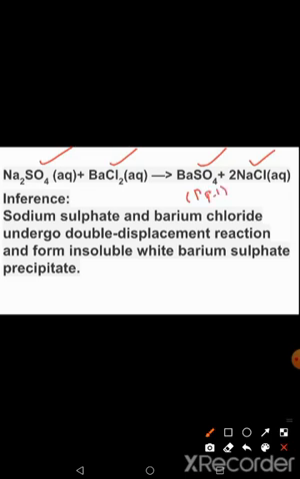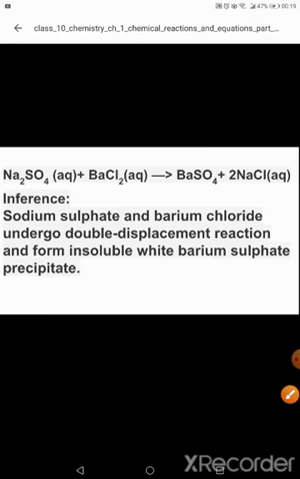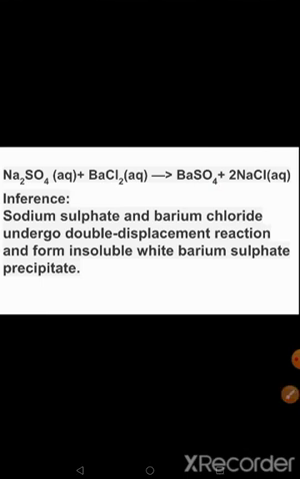Okay. Now sodium sulfate and barium chloride undergo double displacement reaction to form insoluble white barium sulfate precipitate. Whenever a precipitate is formed, you can call it a precipitate or precipitation reaction even. Okay. Now